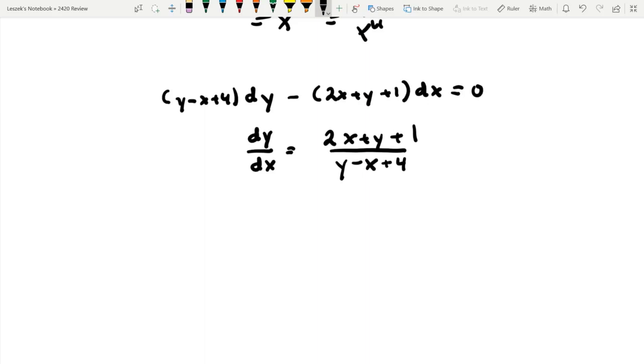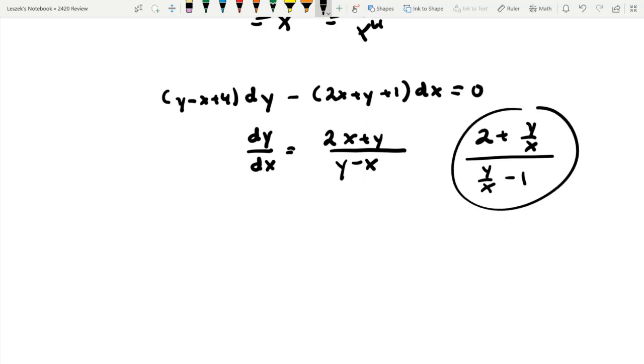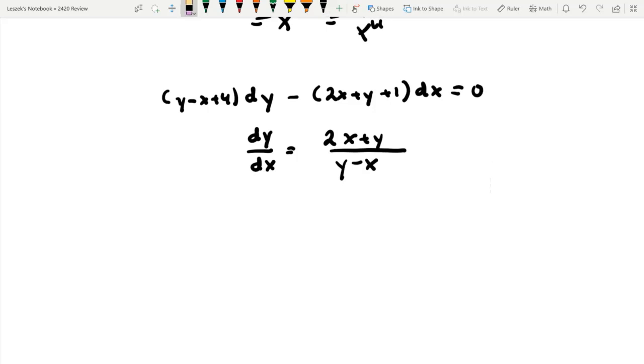If I temporarily just erase these constants, this 1 and 4, you would have something homogeneous, right? If you divide the top by x, you would get 2 plus y over x. And on the bottom, if you divide by x as well, you get y over x minus 1. So that's homogeneous because this is a function of y over x, not just any function of y and x, but the ratio of y over x. So to get a homogeneous equation there,